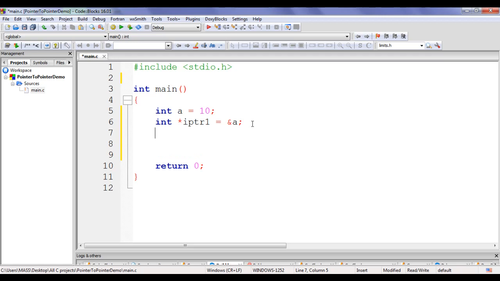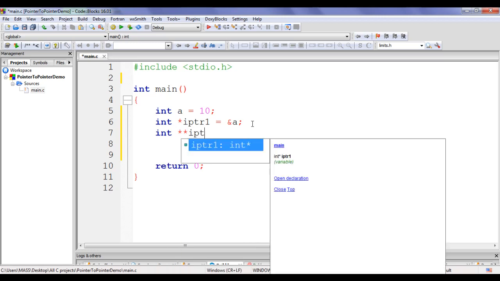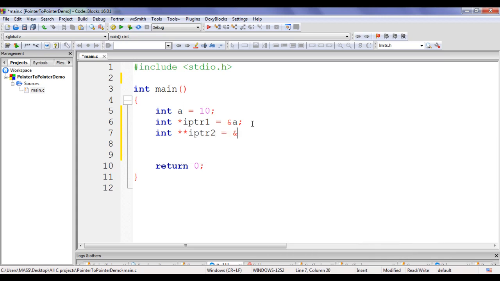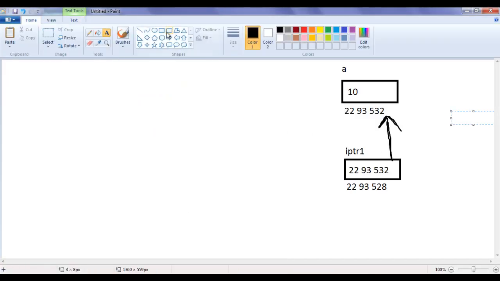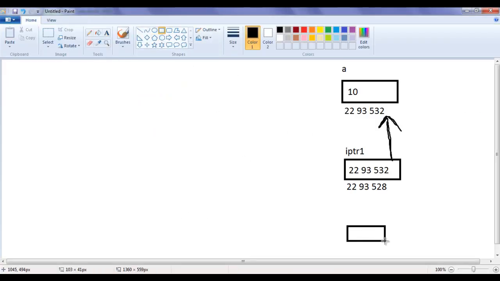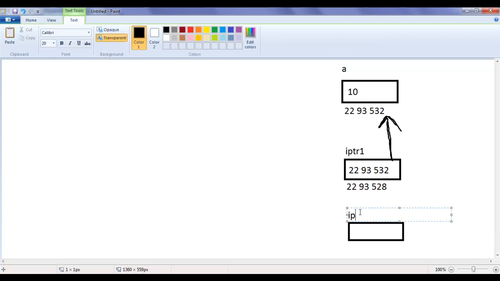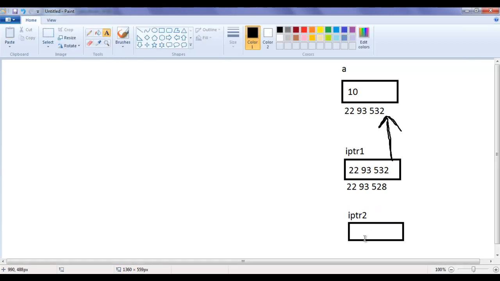Double pointer is a pointer variable which holds address of another pointer variable. I say here int **iptr2 = &iptr1. I am storing address of another pointer here, right? What happens when this line of code is executed? Of course, computer goes to its memory. It allocates one more memory location of size 4 bytes. To that memory location, it gives the name iptr2. Inside that memory location, it puts the address of iptr1, guys. That is